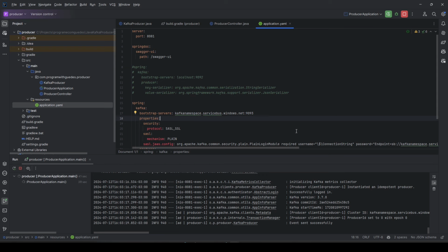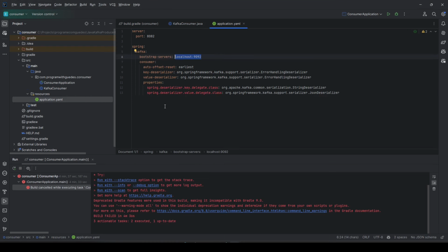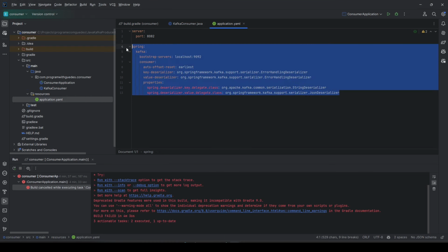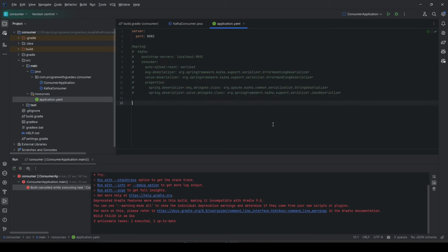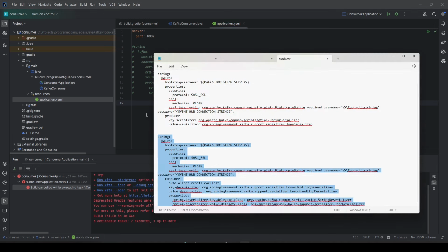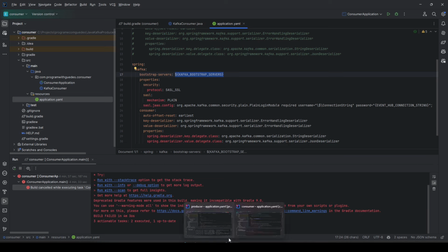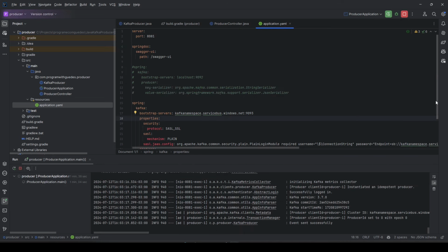Go back to our consumer project. In application YAML, comment it, and I will copy the configuration for consumer. Here in the bootstrap server, change the variable to the same host server as in the producer project.